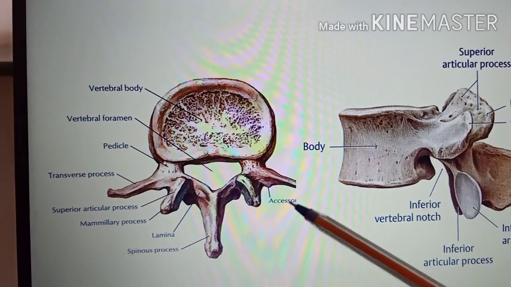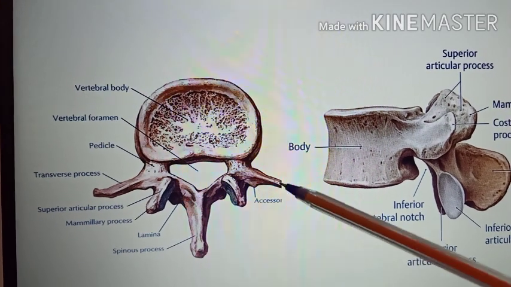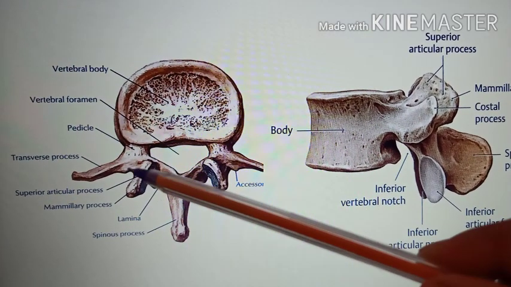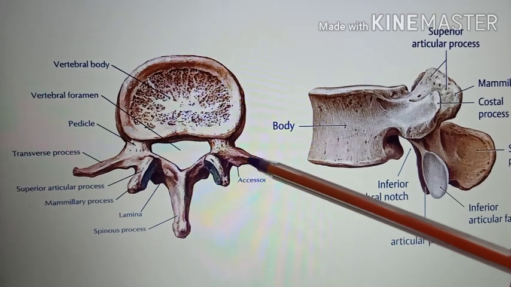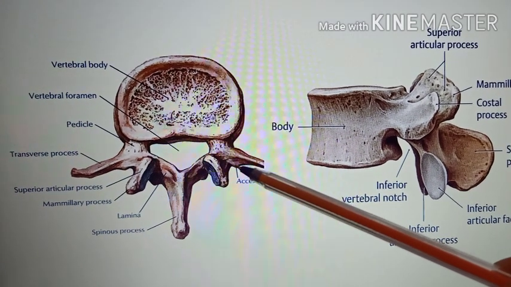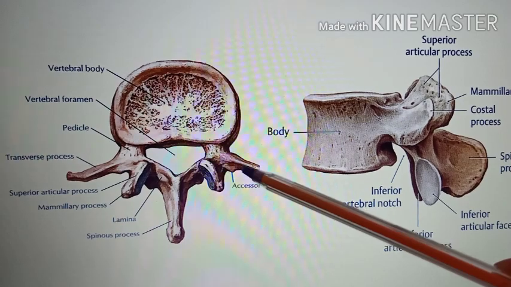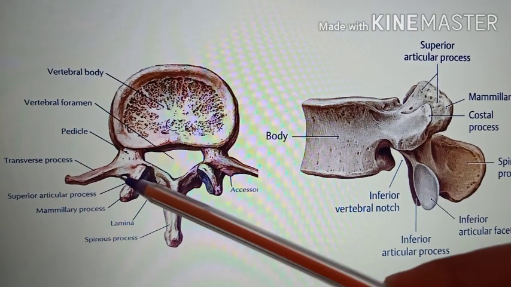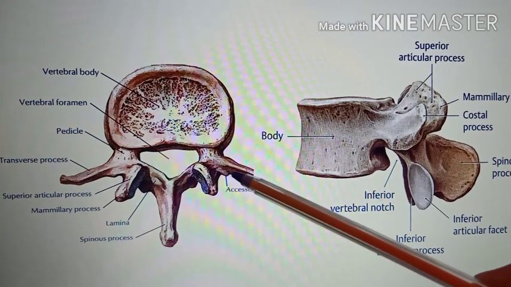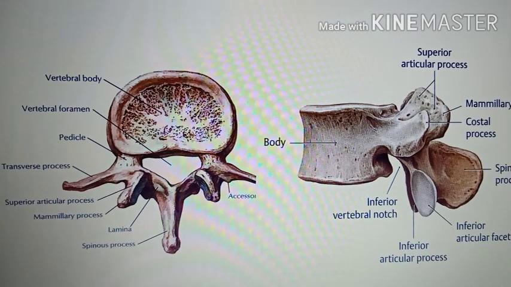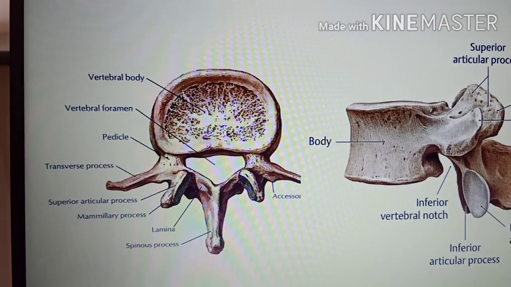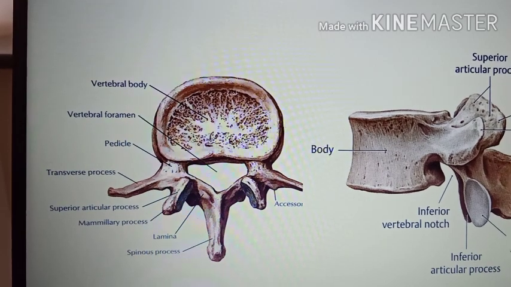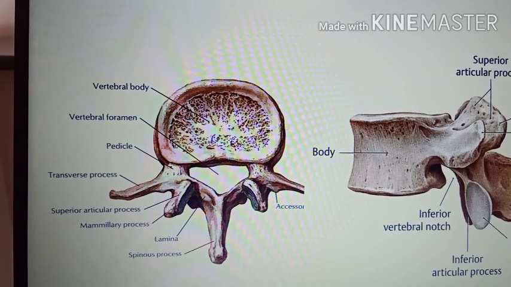The posterior-inferior aspect of each transverse process presents a small rough elevation, which you can see here. So this is a transverse process. Posterior-inferior to it you have a rough elevation, which is called the accessory process. So these are the accessory processes. They represent the true transverse processes, and provide attachment to the medial intertransverse muscle.